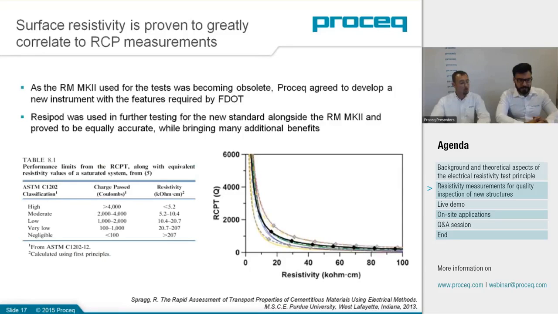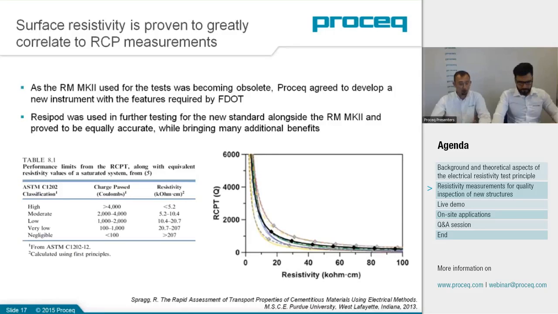Absolutely, maybe a minute or so. It's very clear just from the graph that there is a correlation between what is accepted as a direct durability parameter, the rapid chloride penetration test, and this newfound surface resistivity. The correlation is not linear in itself, mainly because of the temperature effect that affects the RCP, as higher electricity flow actually heats up the solution. But apart from that, those studies led us to that table on the left,